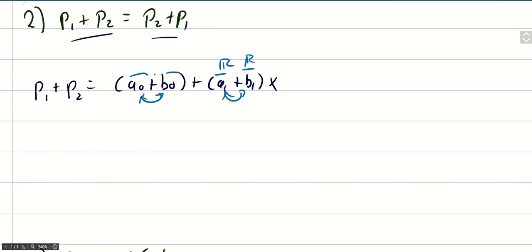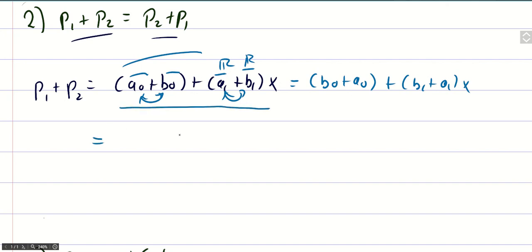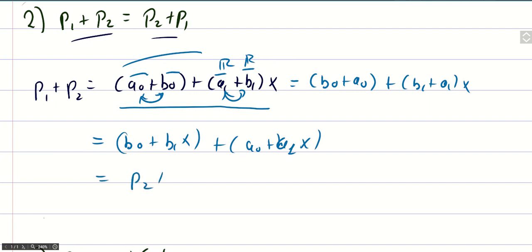That means that this polynomial is also equal to (b0 + a0) + (b1 + a1)x, and then we can separate the two polynomials that form this polynomial: b0 + b1x plus a0 + a1x, and this is just p2 + p1. So yeah,